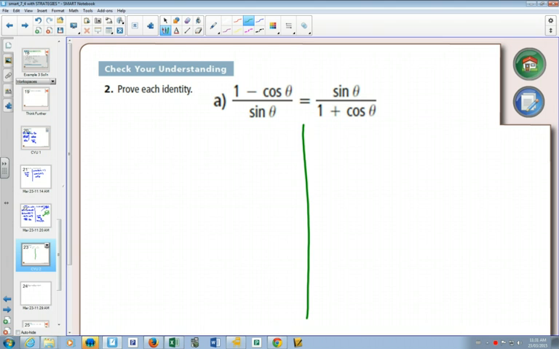And one of the ways that you can use the build the other side strategy is say, well, what if I got something the same? For example, why don't I get the denominators the same? What would it look like if I could get the denominators the same on both sides? Now, you're not allowed to move things from one side to the other, but if I wanted a sine theta on the bottom of the denominator on this side, I could do that by multiplying both the top and the bottom by sine. And if I wanted 1 plus cos theta on the bottom of this side, well, I could do that